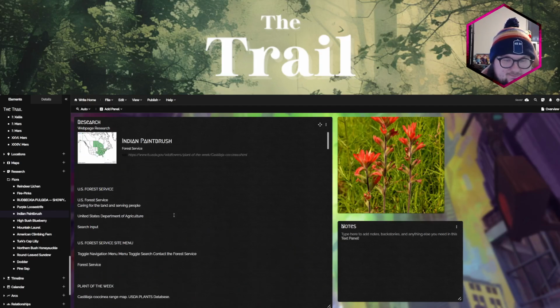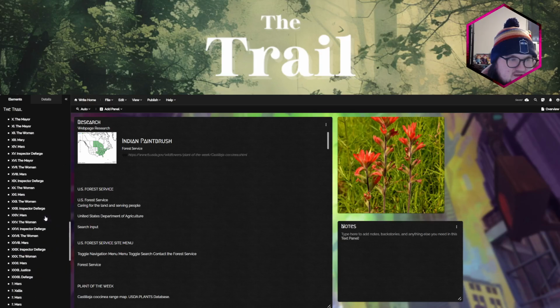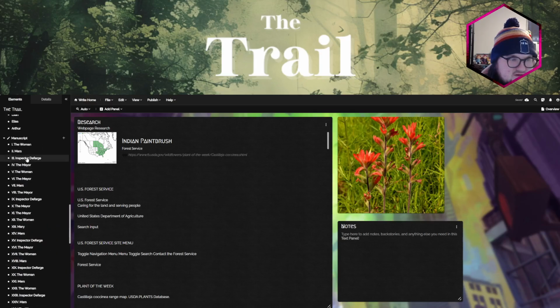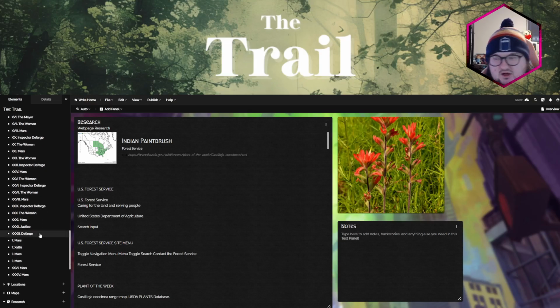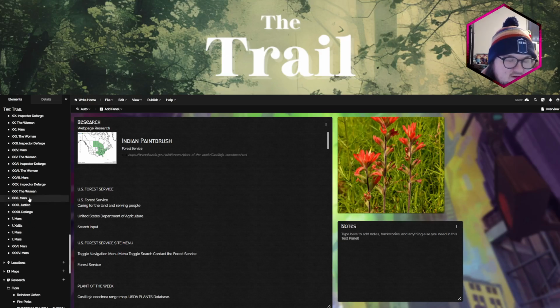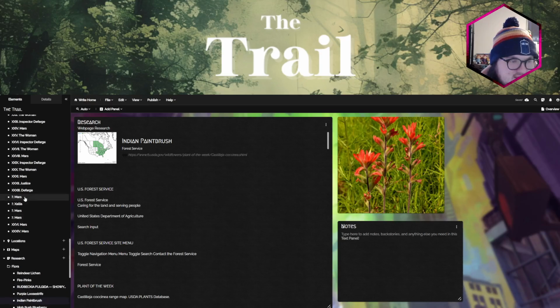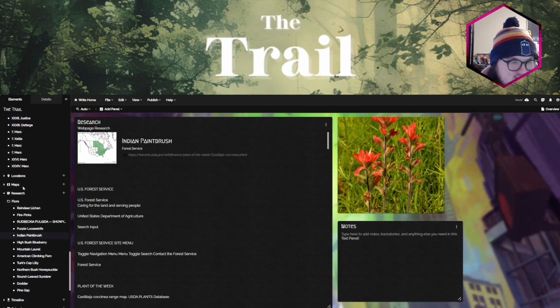Especially because one of my characters, Therese Defarge, is very interested in gardening and plants, so it's important for him to know a lot about plants, and so therefore I need to have access to this. I also have a physical pamphlet brochure that shows a bunch of the main plants on the Appalachian Trail, so I use that when I write as well.